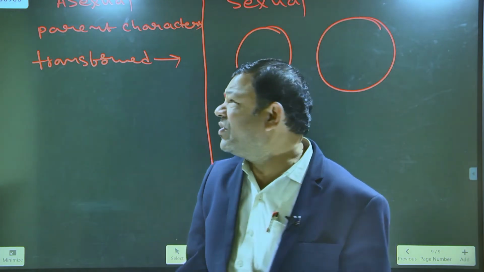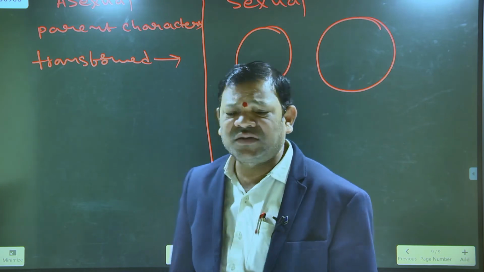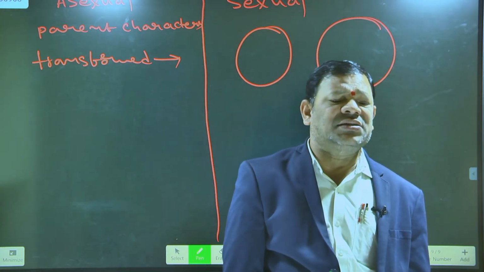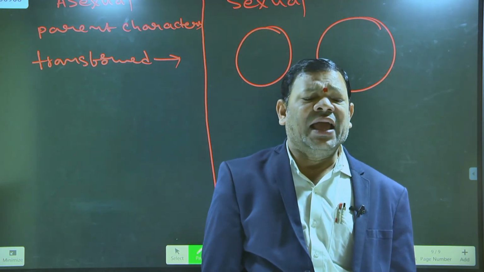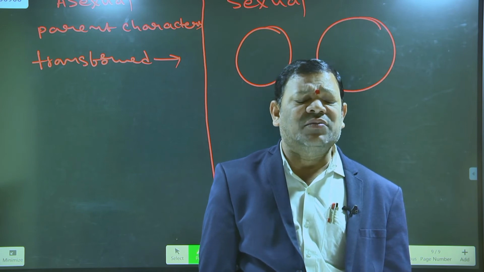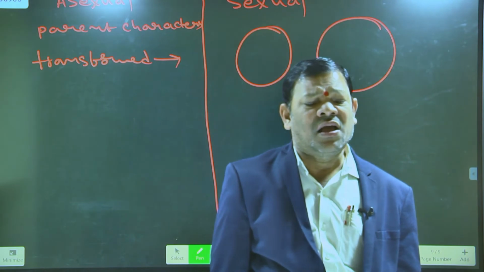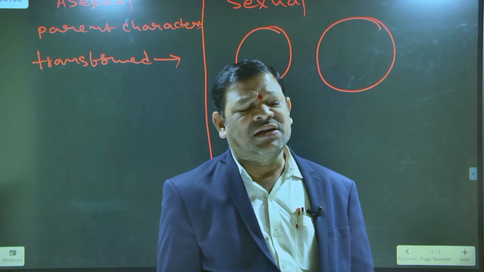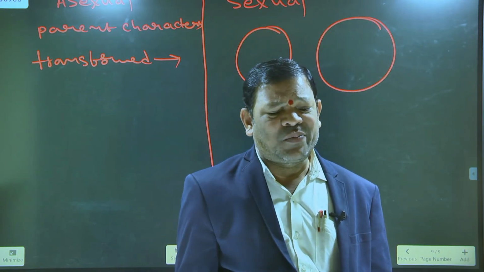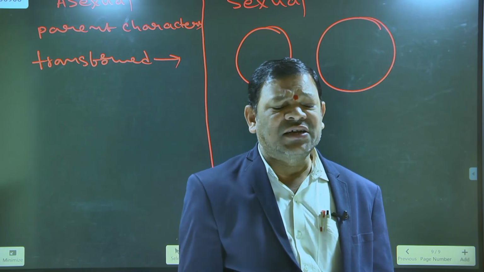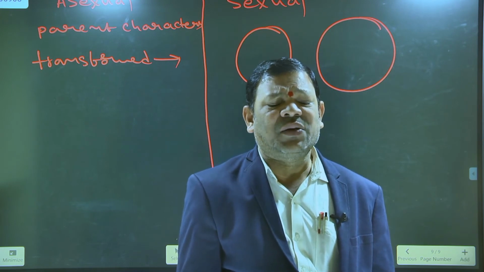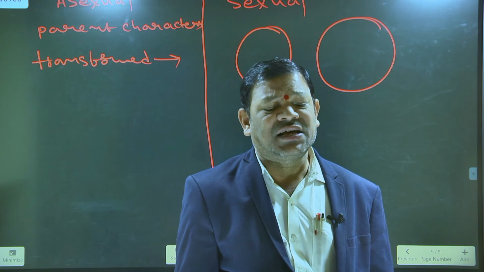So the fifth point is, in asexual reproduction, the characters present in the parent, those exact parent characters are formed. That's why we cannot see a new organism in asexual reproduction. How is the parent present? Their size, shape, structure, function, 100% of the parent characters we can see in asexual reproduction.